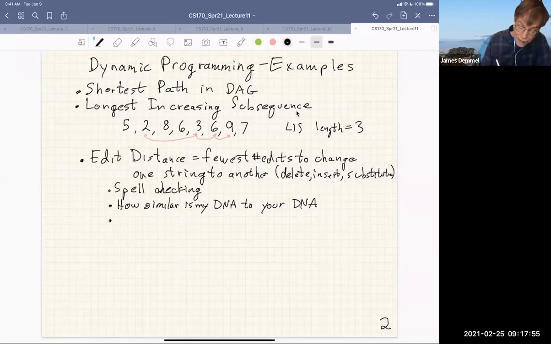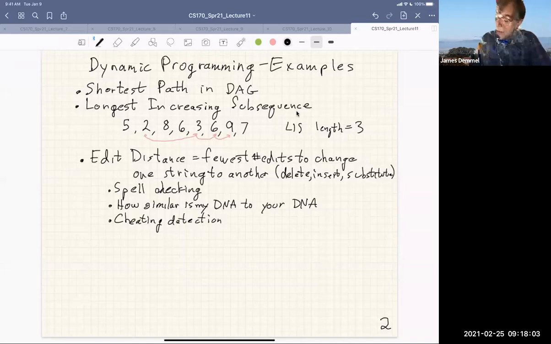And here's one other unfortunate example: cheating detection. How similar are two solutions? And that could be a problem. So that's one example. Another example that we'll go into today